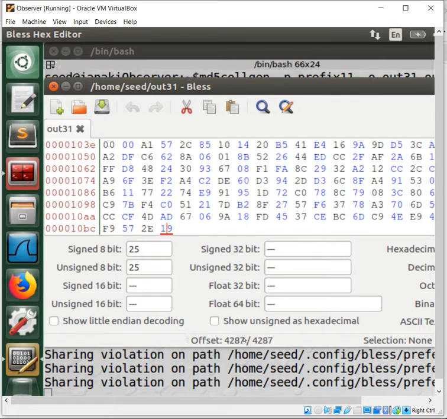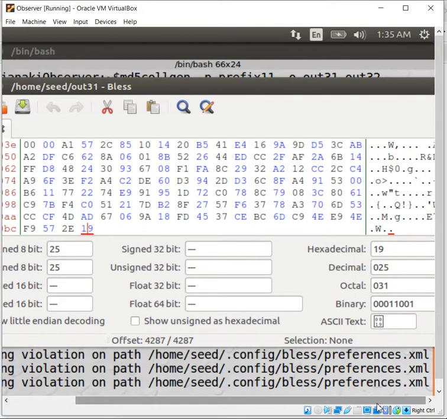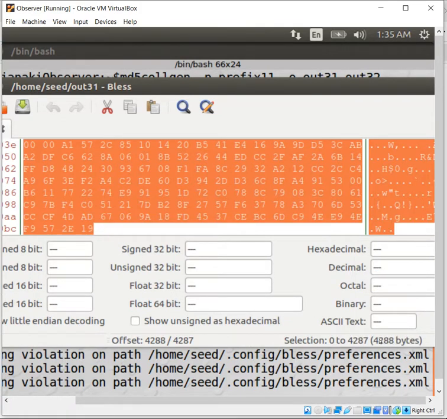You change it to decimal format, 4287. That means 4160 plus 128 starting from, so total how many bytes? If you select everything, 4288 bytes.